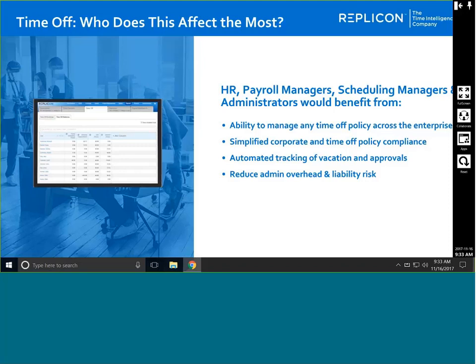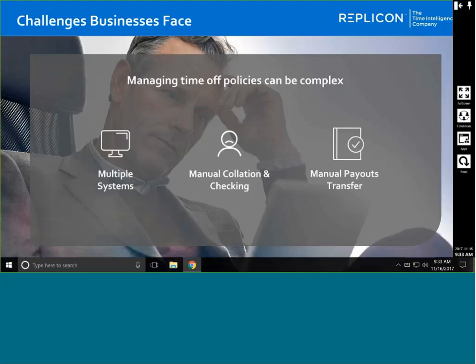So this is fine if you're a small company, but as you get larger and your time-off policies get more complex, you run into some pretty big problems. And the reason is companies will typically have their time in multiple systems. So they end up having separate systems and processes for each local office.